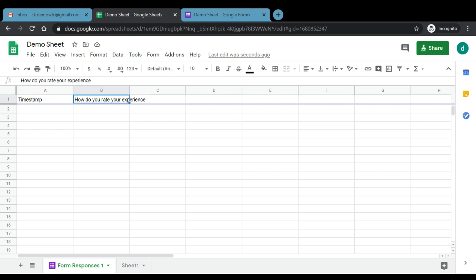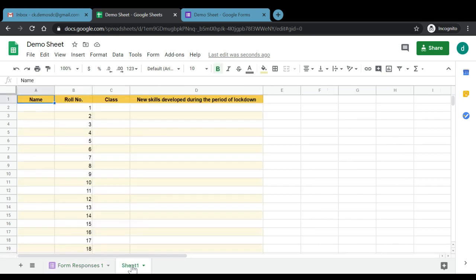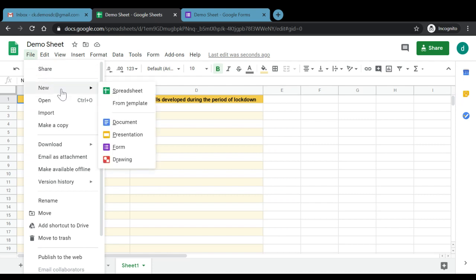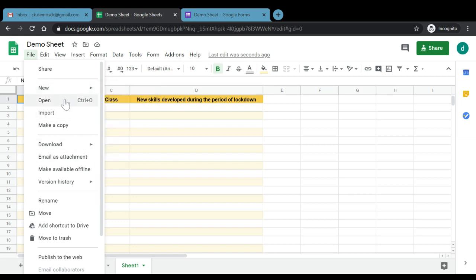So whatever changes are being made to any Google form that we have created here will automatically be reflected in this particular demo sheet. Now taking you back to the Sheet 1 that we had just created and talking about a few more features of Google spreadsheet. If we talk about the different file formats in which we can save the data that we had entered, the very first option here is share, that we had already discussed. We can open a new spreadsheet. We can open it from a template. We can open a document, a presentation, a form, or a drawing. Then we can also open an existing Microsoft Excel file available in our systems or any spreadsheet available in our systems, and it can be viewed in the form of a Google Sheet, and all the functions and tools available with Google Sheets can be applied to that respective spreadsheet.